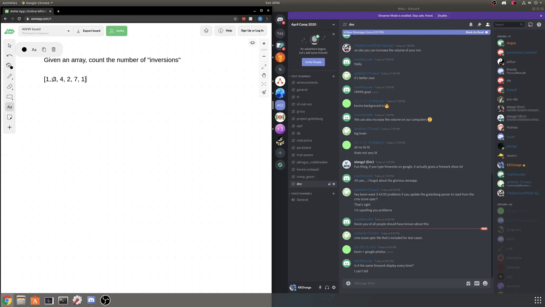We say a pair of elements in the array are inverted if the bigger number comes before the smaller number. So in an array that's sorted, there should be no inversions. So the sorted array would look something like this. And in an array that's sorted in reverse order, something like this,